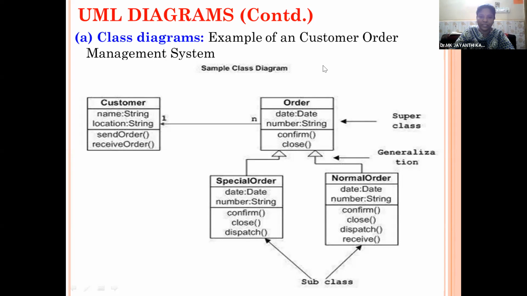The association between the classes is specified through multiplicity, so it may be 1 to 1 or 1 to many. Here the order is the superclass, and special order and normal order are the subclasses. The generalization is represented using a hollow triangle, and labels are used to specify the role in the inheritance.